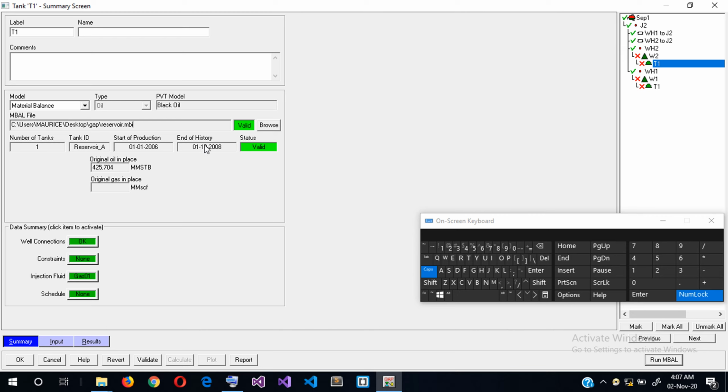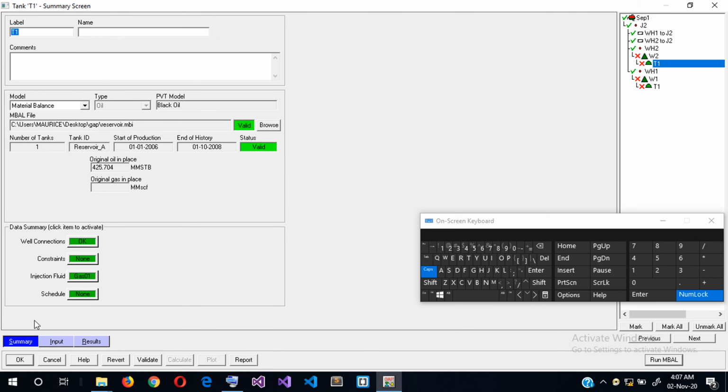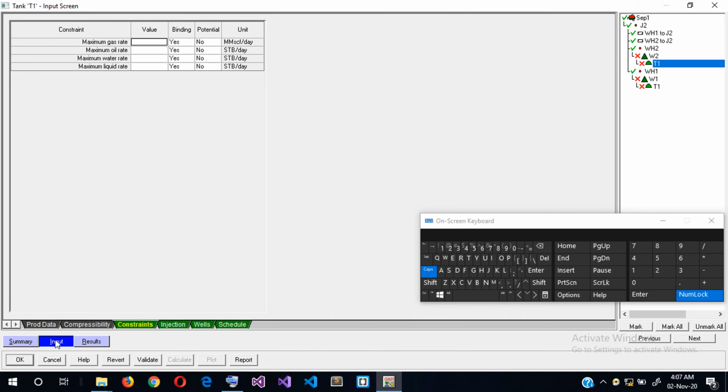Okay, so now the MBAL here, I don't think it should be okay now. No constraints on the system. Okay, so that's just for the summary section. For the input section, this is where you can set your constraints. There are no constraints on the system, and I don't want to set any constraints because I want to